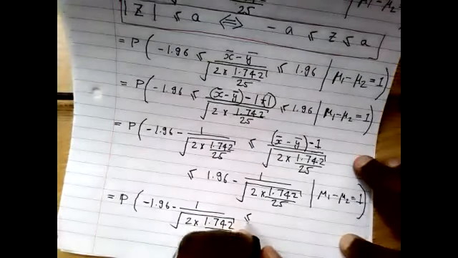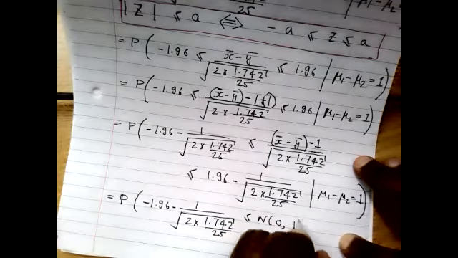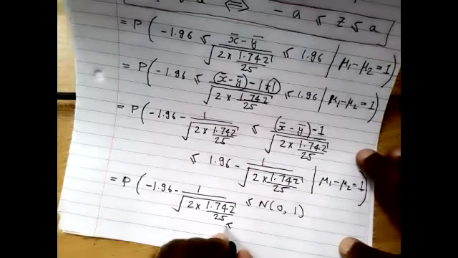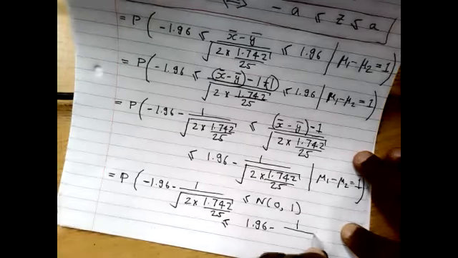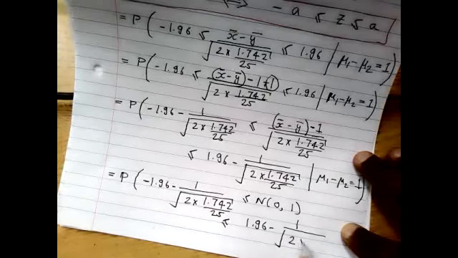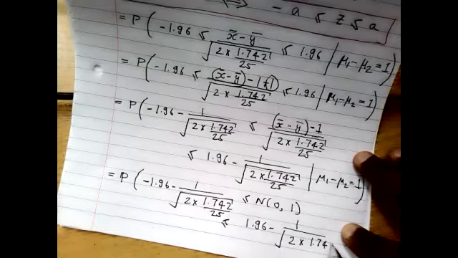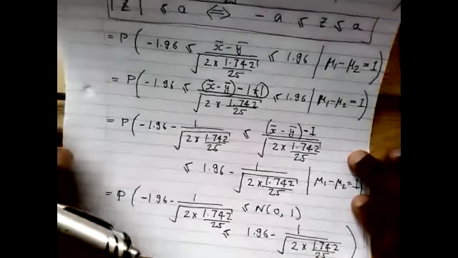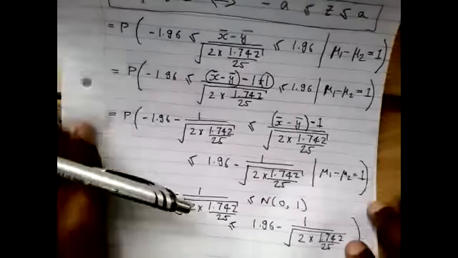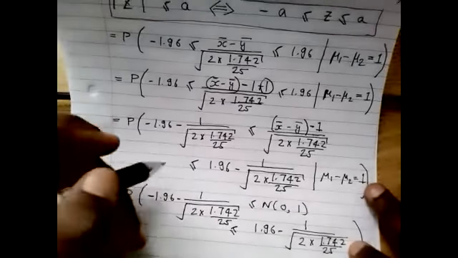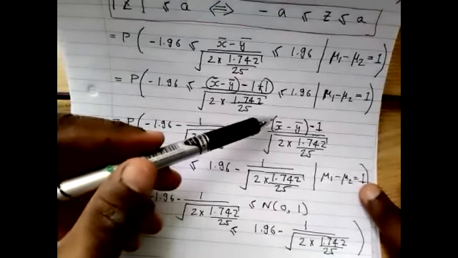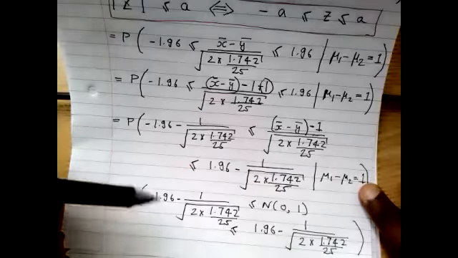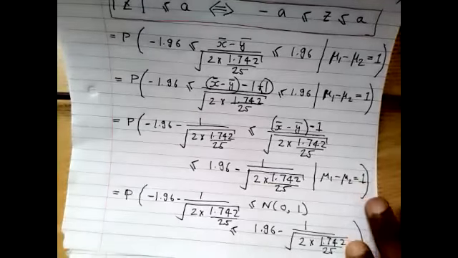this is less than or equal to N(0,1), and is less than or equal to... Okay, once again, we don't need the conditioning here. We have used the conditioning to argue that this has the standard normal, therefore we don't need it anymore, right? All right. So the next step,